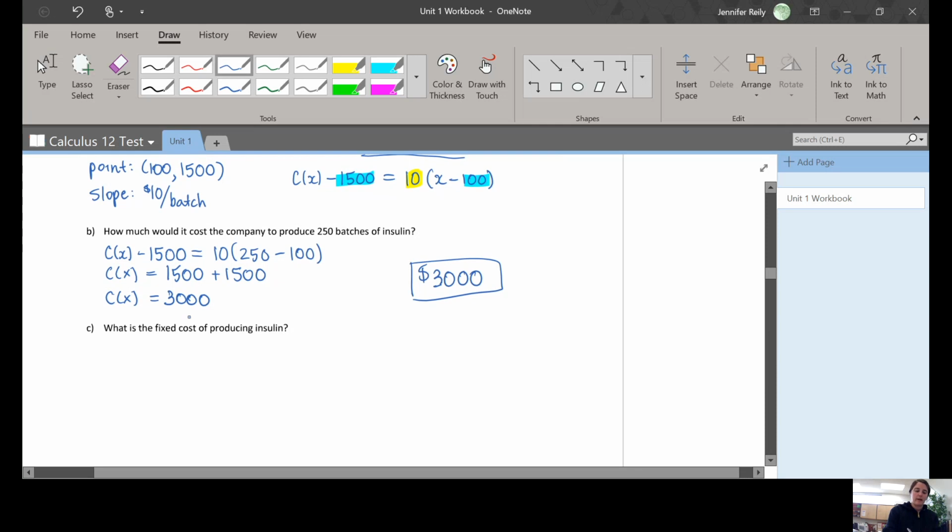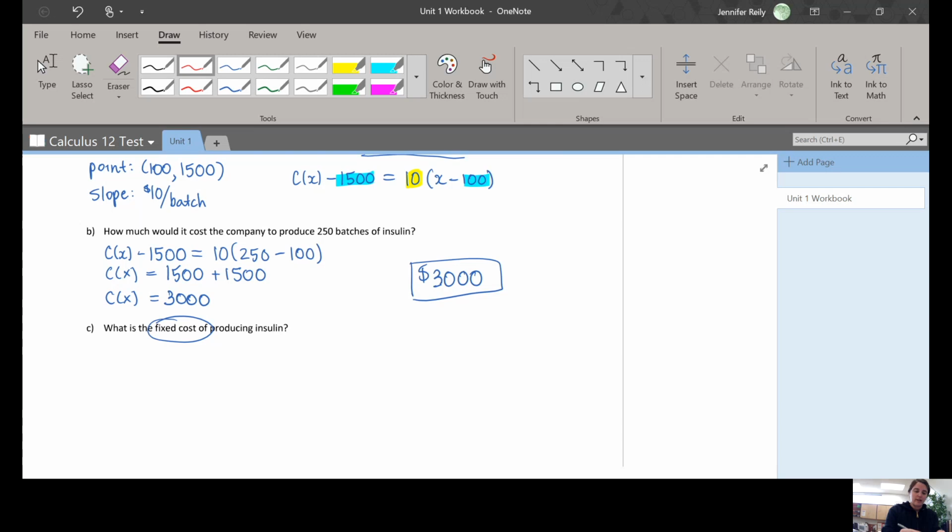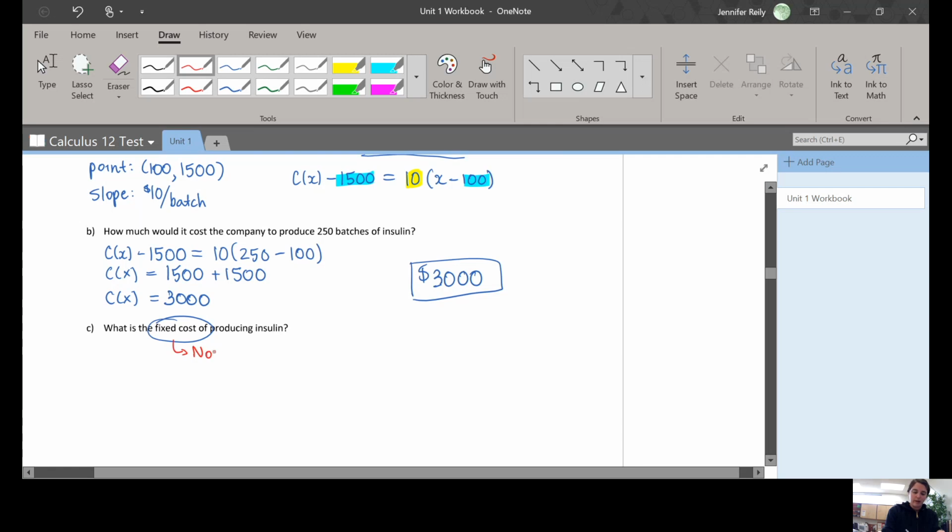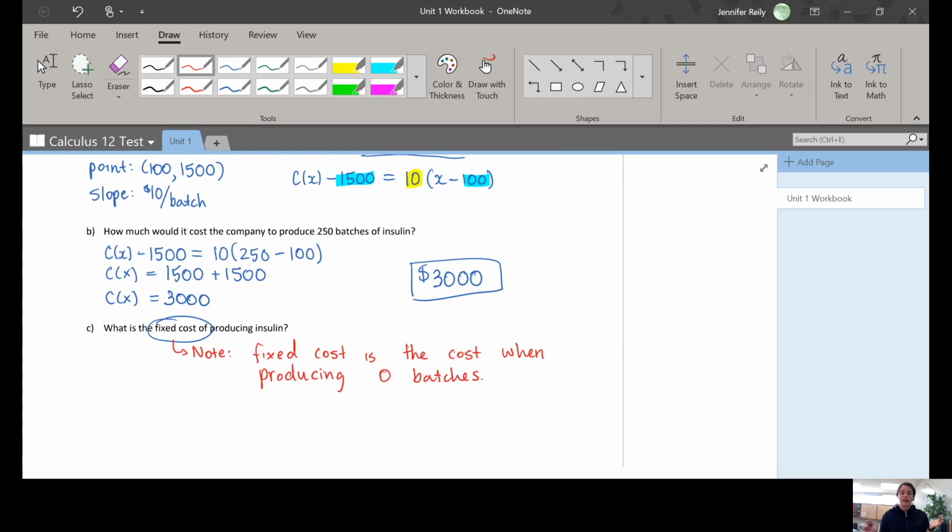So this will come up once or twice in your assignment also. So I'll just define fixed cost here. So note, fixed cost is the cost when producing 0 batches. So for a company, right, if you produce no material or no merchandise or whatever you create, you're still going to have some cost